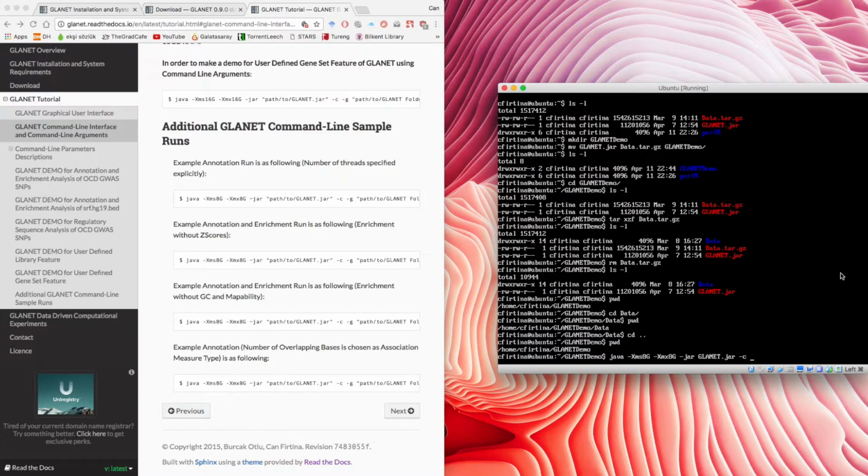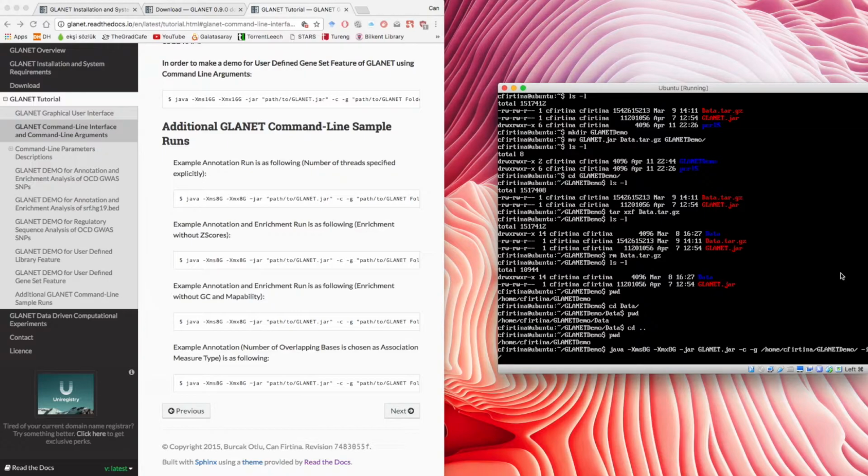Then I specify the -C option here, which means I'm running GLANET on the server side, so you will always set it if you're running GLANET on a server. The GLANET folder is, as I said, this one,